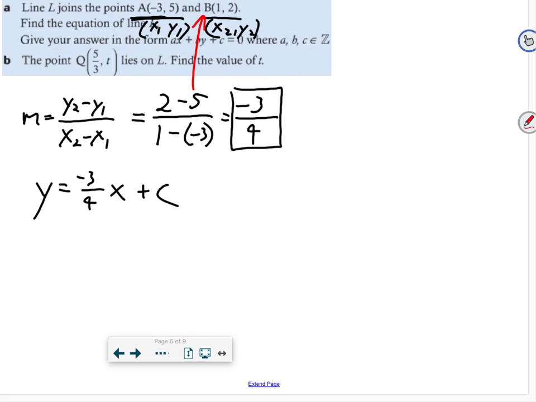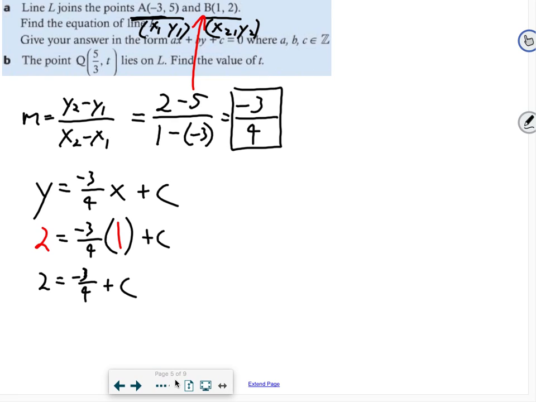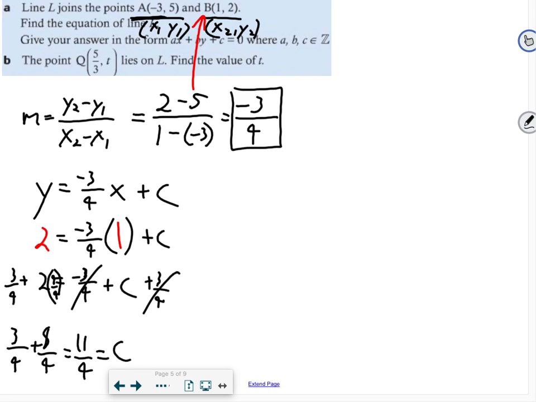Okay, so point B is going to be my x is 1, my y is 2. So then I have the equation 2 equals negative 3/4 times 1 plus c. Okay, so 1 times my fraction is going to be the same, so 2 equals negative 3/4 plus c. Okay, and I'm going to go ahead and add 3/4 to both sides. So I get 3/4 plus, I want a common denominator, so I'm going to multiply this by 4/4. So I get 8/4 plus 3/4 is equal to 11/4, which is equal to my c value, because this side canceled out. So in my final equation, combining these two ideas, I get y equals negative 3/4 x